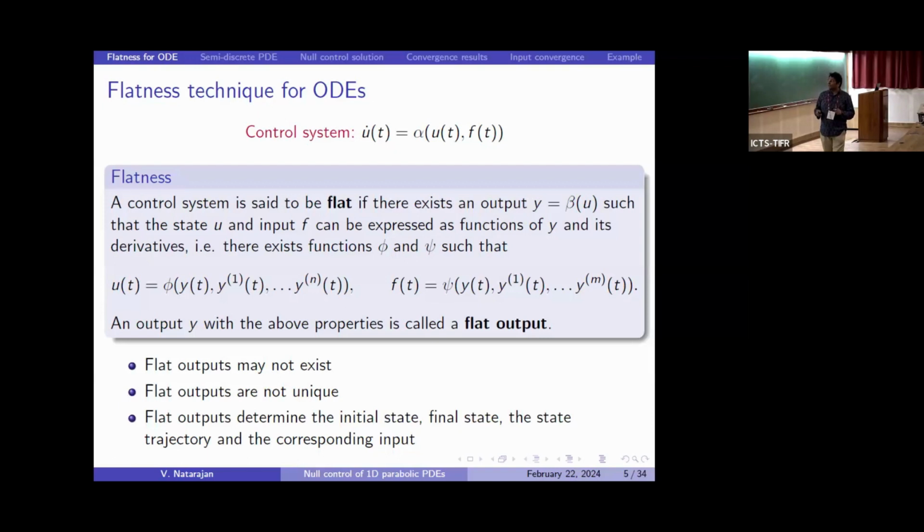So in general, flat outputs may not exist, even in the case of linear ODEs. Flat outputs may not exist. And when they exist, they may not be unique. But suppose you have a flat output, then once you assign a trajectory to the flat output, suppose you say,